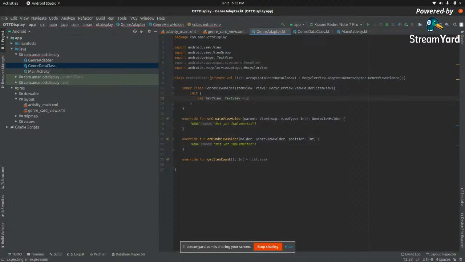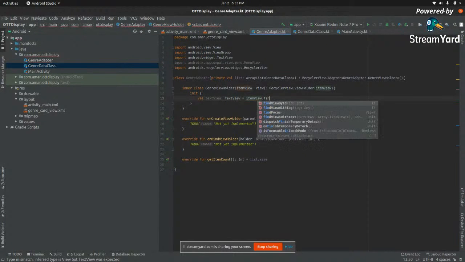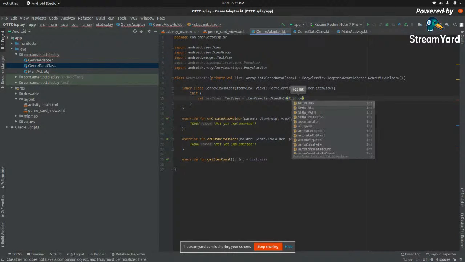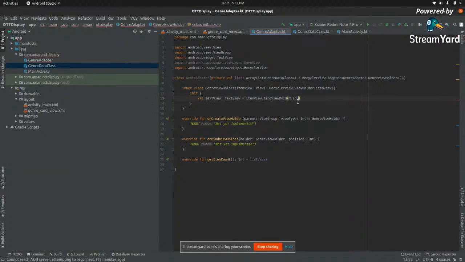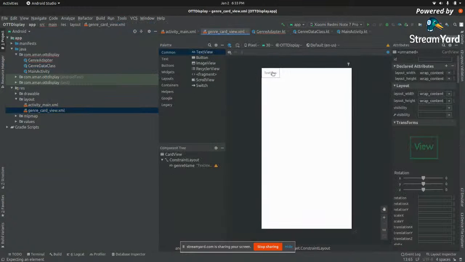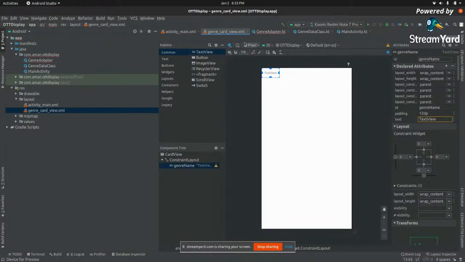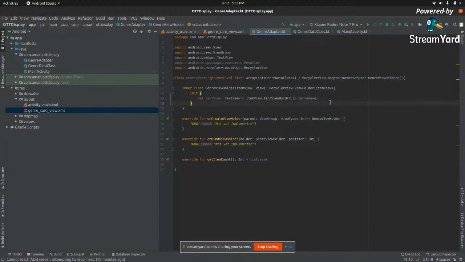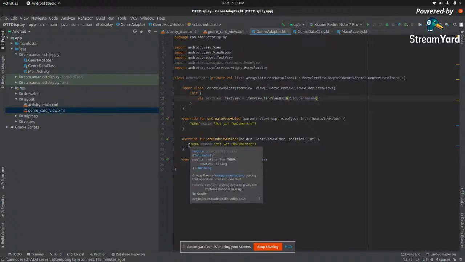So it will be like item view dot find view by id, and it will be R dot id, the id we give it. Well, let's check out genre name, right? Right. So yeah, that's it for our view adapter, right? Now let's come to another function called